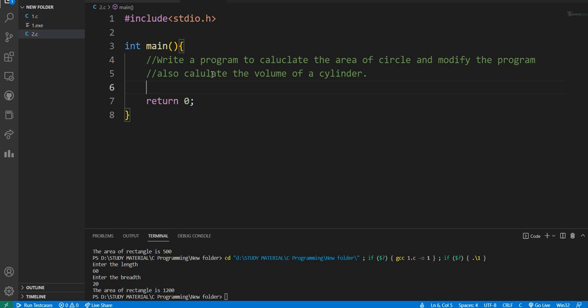Okay, now what we need for circle, we need